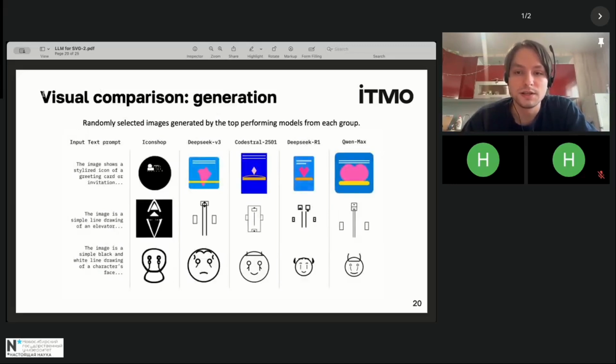And let's observe some examples. We take the best model from each group and some random text prompts from the VGen benchmark, and we can see that IconShop falls short, but we need to say that it can only generate black and white images, and all other models generate pretty much the same patterns,